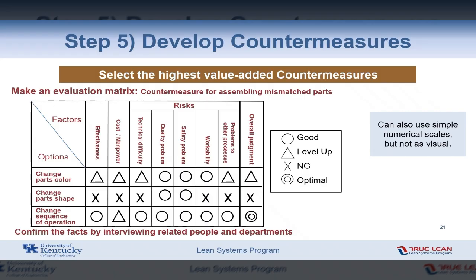Also, if we use numbers, we should avoid being too rigid about just selecting the highest number total as our optimal. Some of these columns may be more important than others, and we can consider that when determining the overall in the next column. I know that this table is an example of how to evaluate and choose the best. There are other ways to do this, but the key is to have a methodical way to evaluate effectiveness, cost, manpower, and risk options, and then to choose one based on these factors. A table like this helps us accomplish that evaluation and selection, and it helps us document and